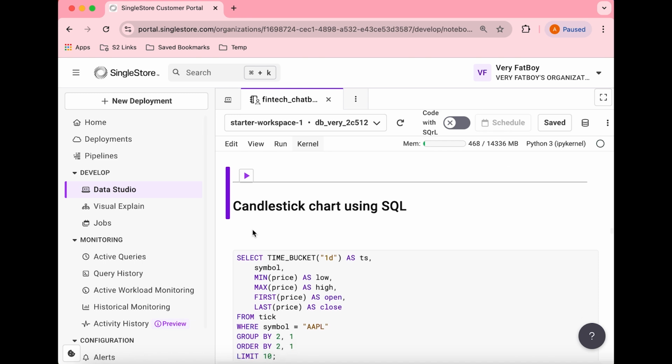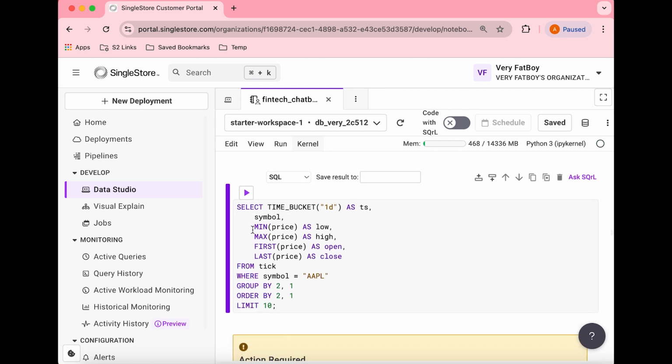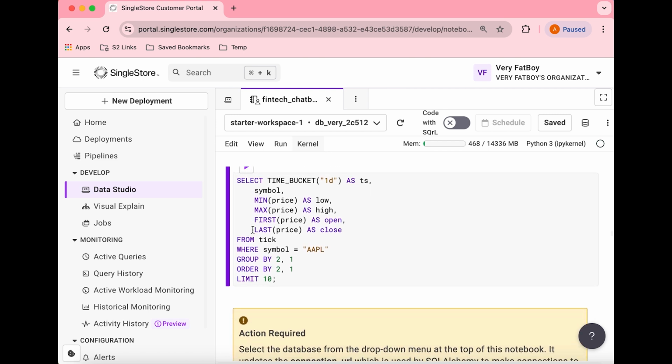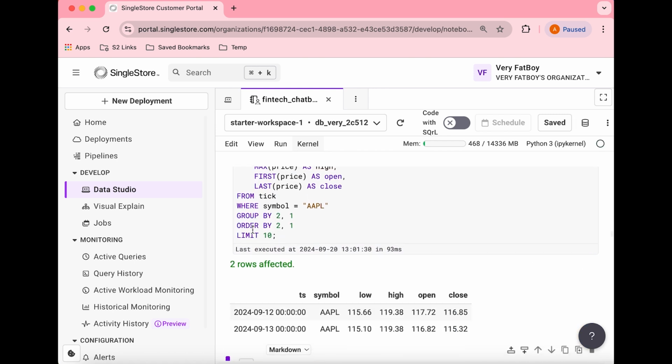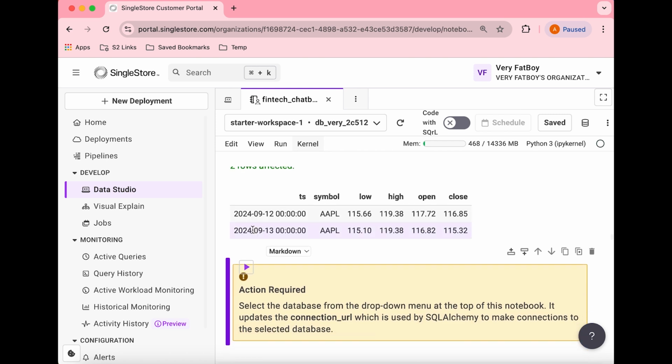And so one of the things that we can do is just do a little bit of analysis of the data, and a very useful feature in time series data, for example, and working with tick data is do these kind of candlestick charts. And we can do that directly using SQL, creating this time bucket as it is. Let's take a look at that. And this is for the symbol AAPL, Apple. So it has found 2 rows so far. So we can see